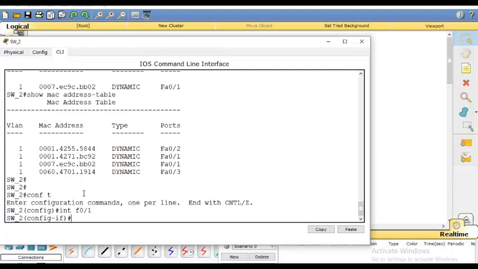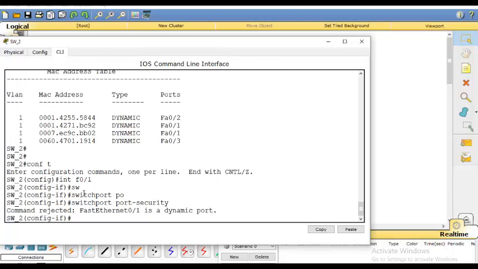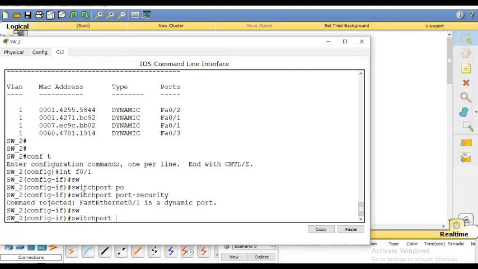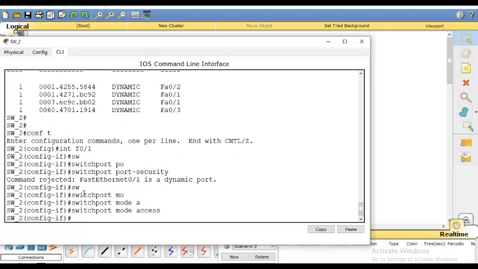Now, the port is in dynamic auto mode. In this condition, if you say switchport port-security, it won't allow. The port needs to be either in access or trunk mode. So I say switchport mode access, because I don't have more than one VLAN as access. Now when I say port security,